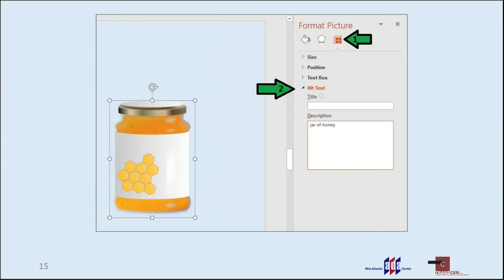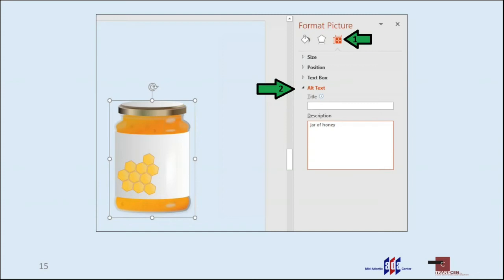The one that we're working with is one of the newer versions of PowerPoint. So to start, once you've selected Format Picture, a menu on the right will pop up with 3 tabs that have icons on them. You want to select the third tab of the square with arrows inside the box. This is where you will find the alt text field as shown.